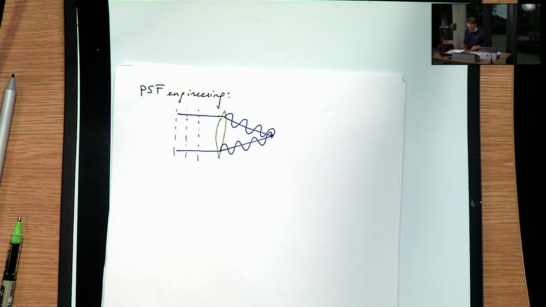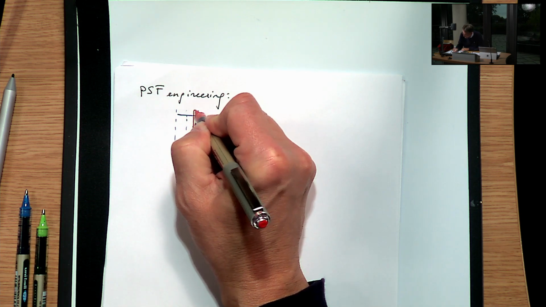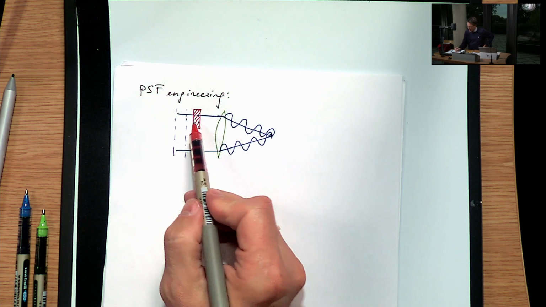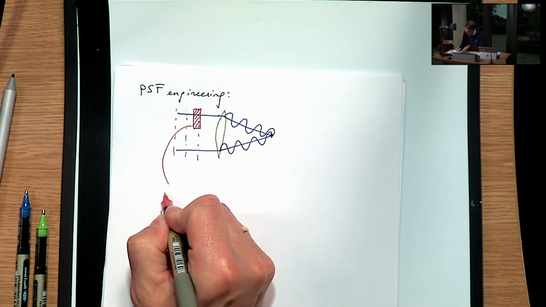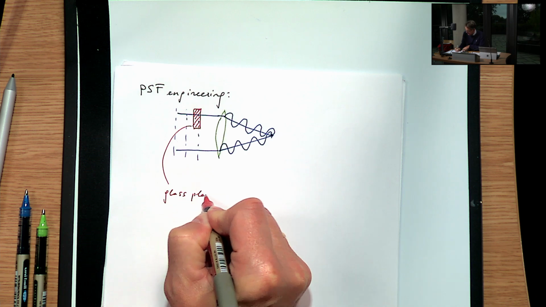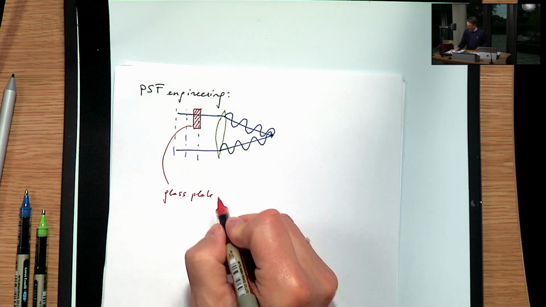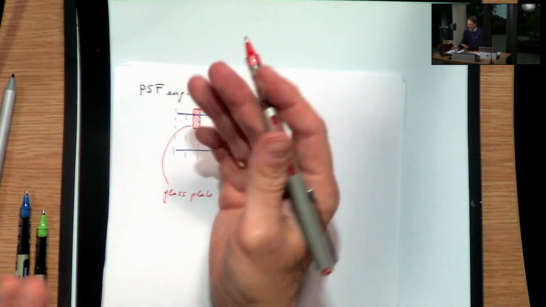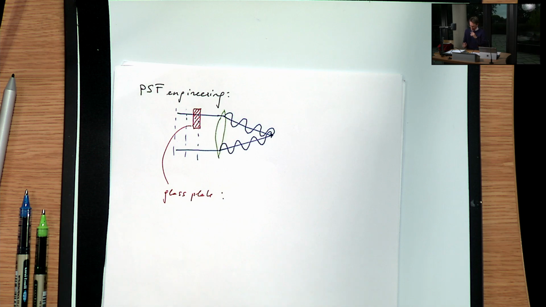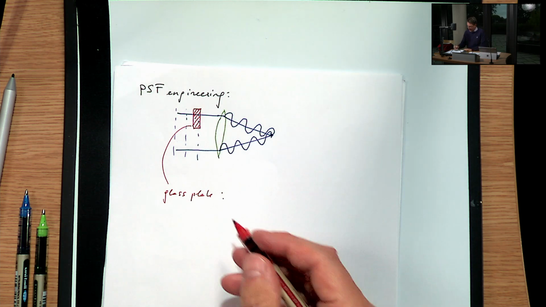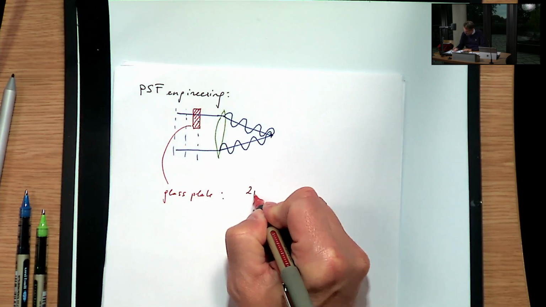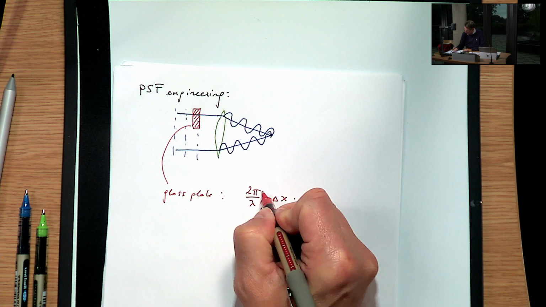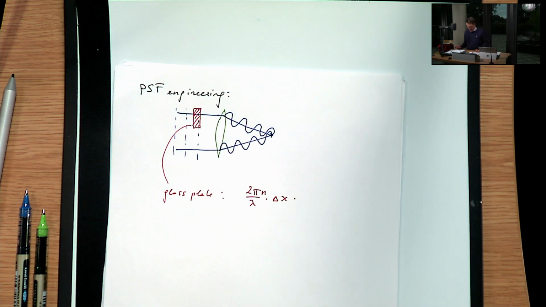Now think what happens if I put a little phase retarder in part of the beam. So if I put it into this half of the beam, and let's make that phase retarder, so this could be for example, a glass plate. Why is a glass plate like this a phase retarder? Well, it is because it has a different refractive index. It's higher, so that will slow down the light, the wavelengths will squash together, and therefore, whilst the frequency stays the same, the extra phase that this picks up is 2 pi over lambda times delta x times n. 2 pi n over lambda times delta x is the extra phase,